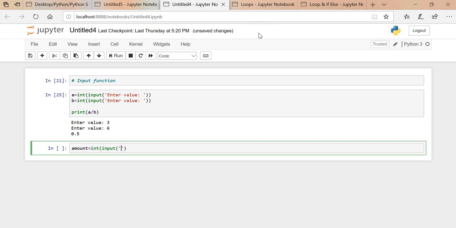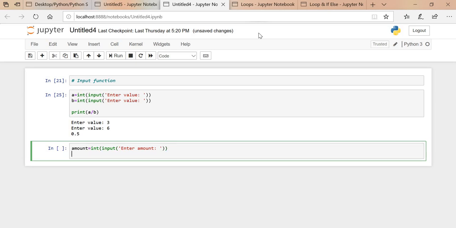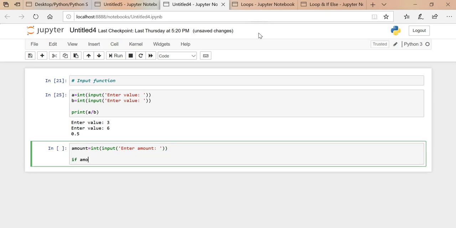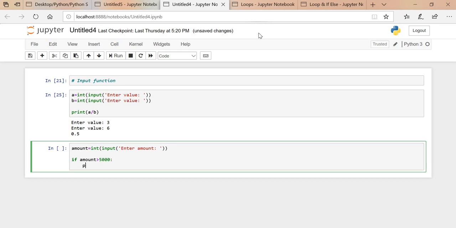Okay, so enter amount. Okay, if the amount is greater than 5,000, then print total amount with 5% interest: amount plus 5% interest.